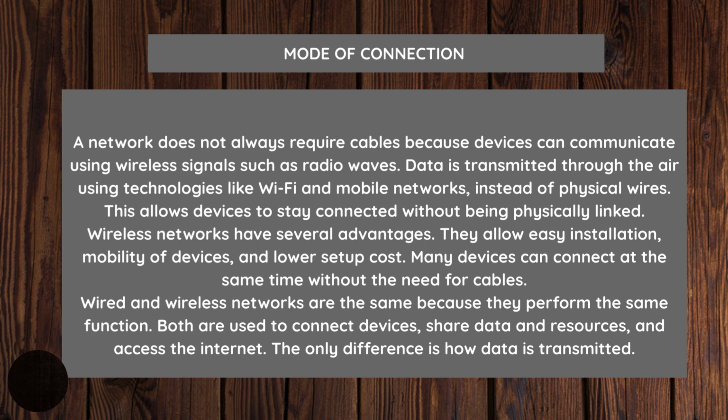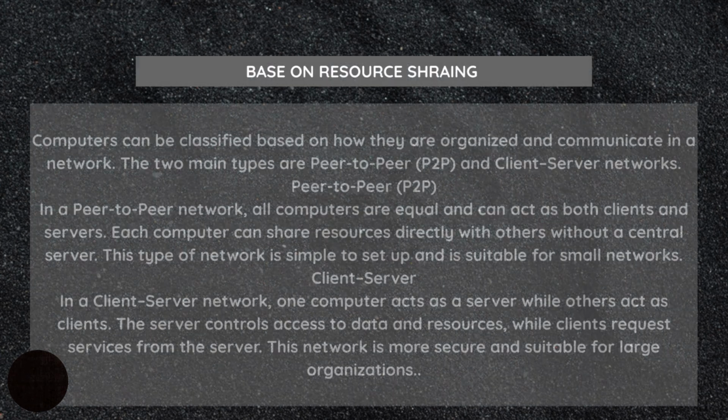The main disadvantage of wireless connection is slow bandwidth. Slow bandwidth means the amount of information that can be transmitted over time is relatively low compared to when it is wired. Wired and wireless connections are the same because they perform the same function, but the main advantage of the wired is that the bandwidth is very high.